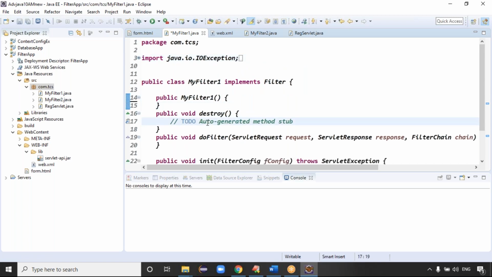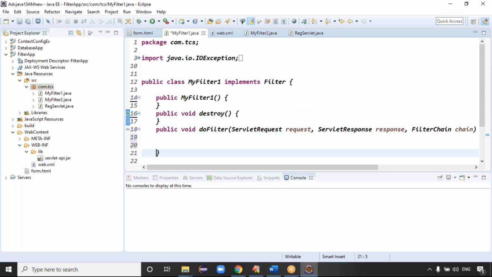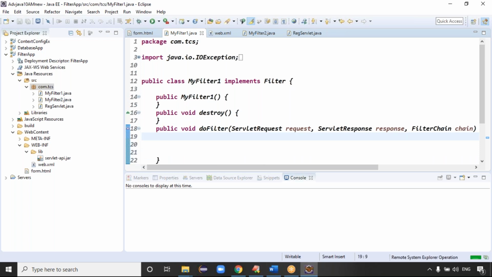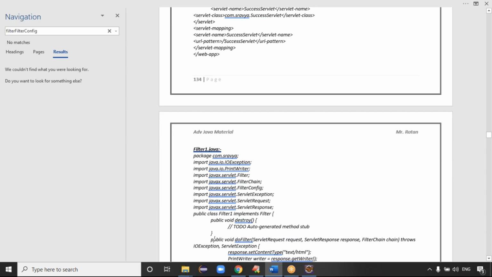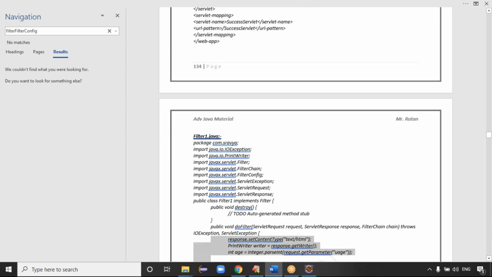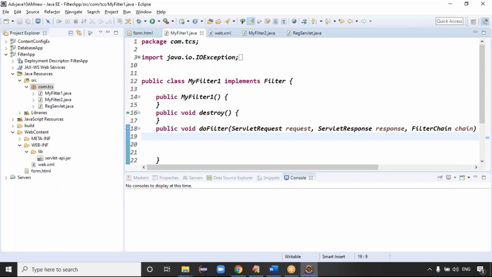Now we can take the form.html file and my filter one. What is filter one's responsibility? Filter one will get the age, right? Guys, can I write this code? By default, when the data comes from the form page, the age is a number you entered, like 21 or 22 years. But whatever data the form page has, at the server side we are reading the data, right? How can we read the data? With the request.getParameter method, right? By default, in which format does the data come, guys? String. So by default, the data comes in string format.